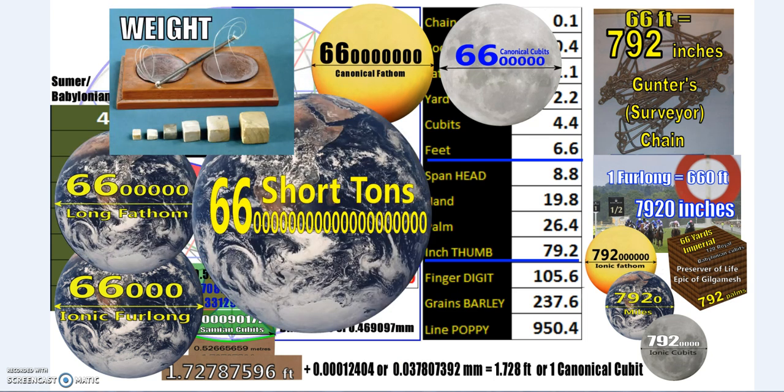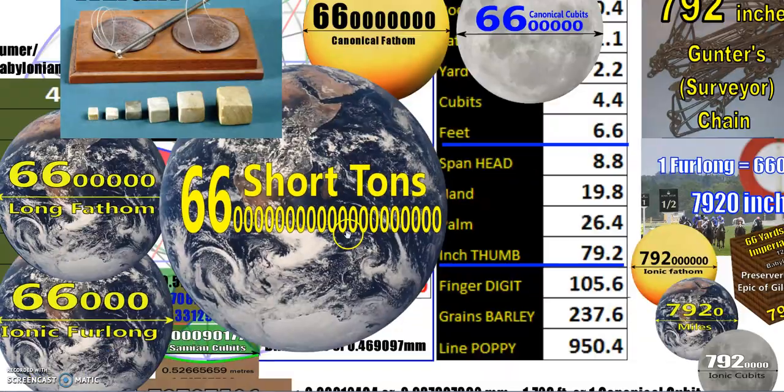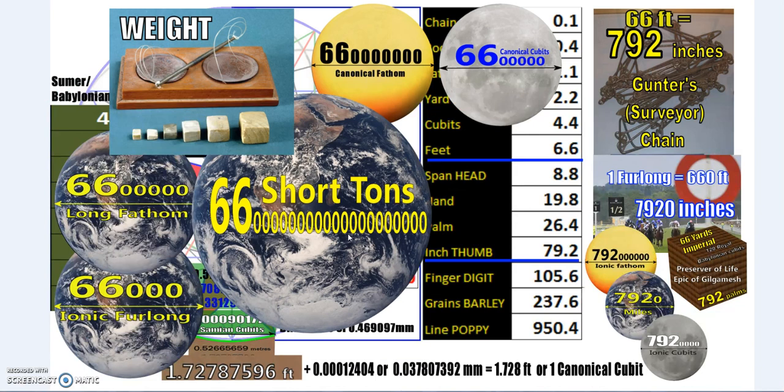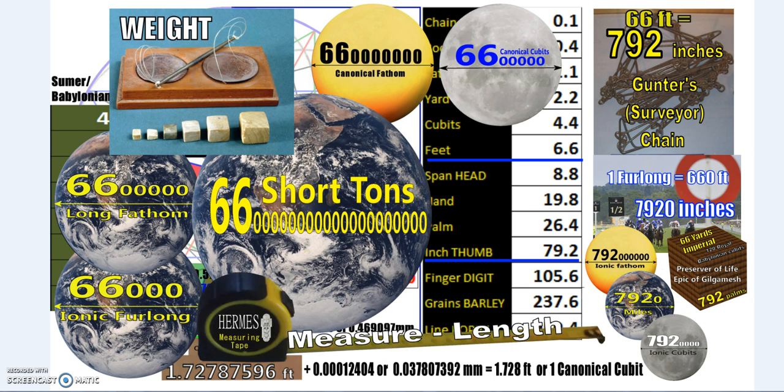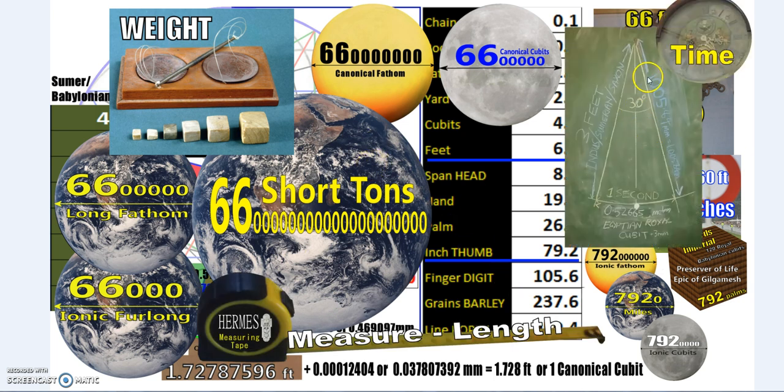We're measuring the diameter of these bodies. Well, it just so happens that on short tons, again to the best estimate, you're very, very close approximate based on the best available measures. Well, 66 and a whole bunch of zeros is the weight, let's just call it the mass, really, of the Earth. So we have measurement of length, we have measurement of weight, weights and measures, all based on the pendulum, which is a measurement of time, which comes from measurements of length,